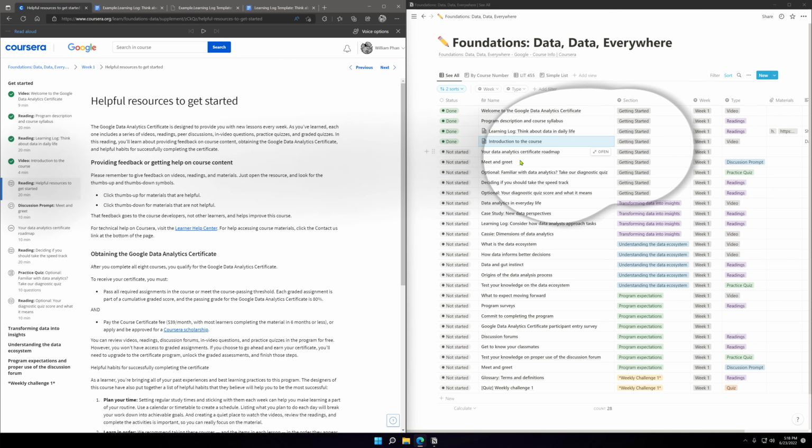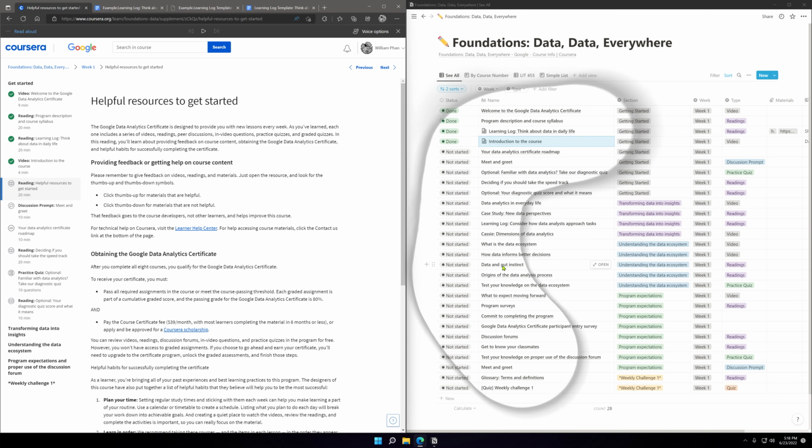Reading. Wait, did I? Helpful resources to get started. Did I make a page for this? Oh, okay. I did not create a page for this.